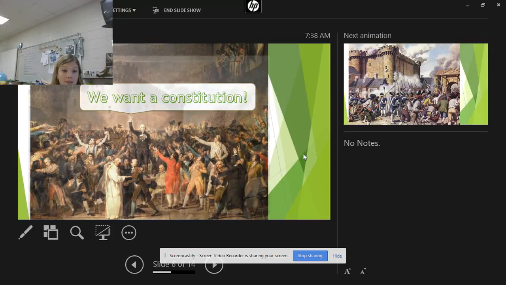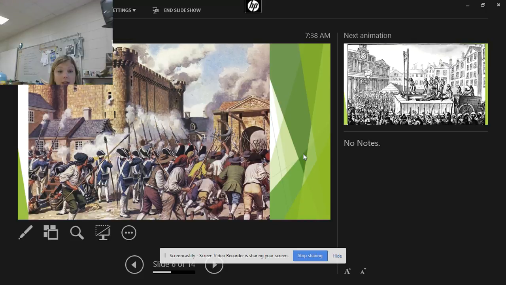So then the peasants got involved. Peasants decided, well, diplomacy is not working. We're going to go ahead and start rioting. So they ride across the countryside. They storm the royal prison, which is the Bastille. They kill the governor of the Bastille. If you guys remember, he died a pretty horrible death. And they take all the ammunition and guns from the Bastille.